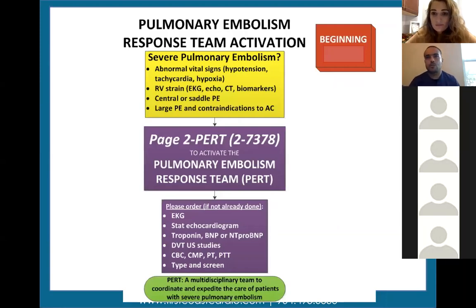Nationwide, there's a big move towards the PERT team, and this was started at the Mass General Hospital, Kenny Rosenfield. These teams typically included cardiology, cardiac surgery, radiology, the ER, the intensivist, and even the anesthesiologist. With early identification of severe PE patients, a PERT page is activated and puts all these people on the line, and then the decision is made as a group how to proceed with the management. However, we learned along the way that too many cooks in the kitchen really made this team inefficient. The whole team is on the line in the middle of the night,